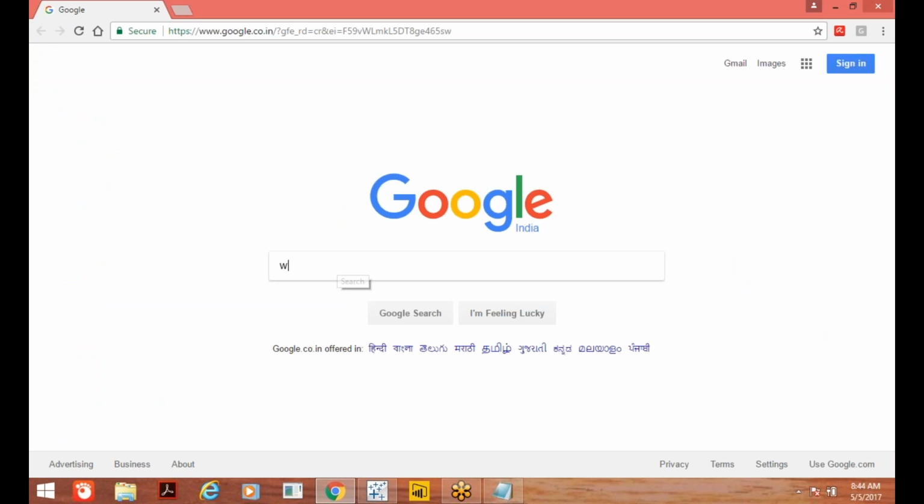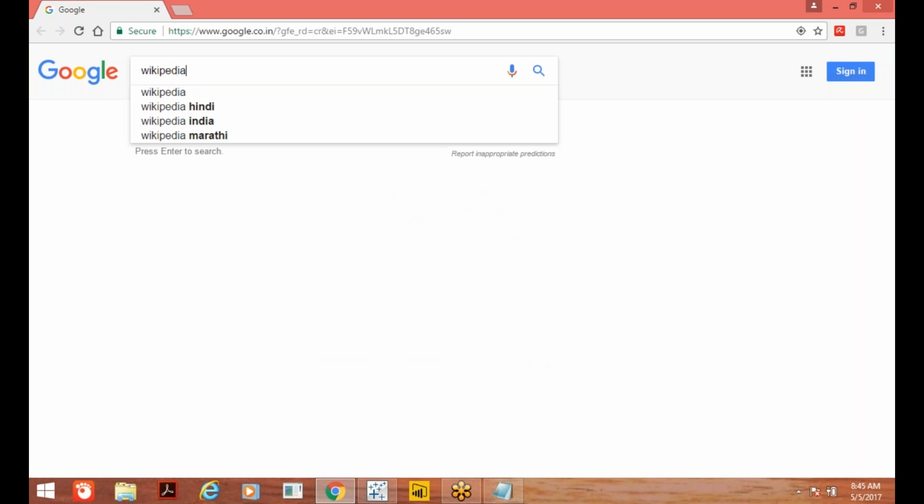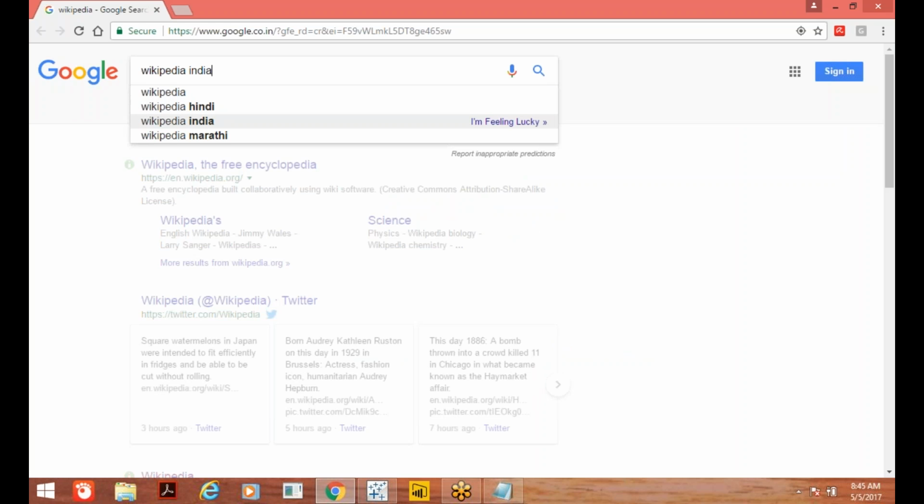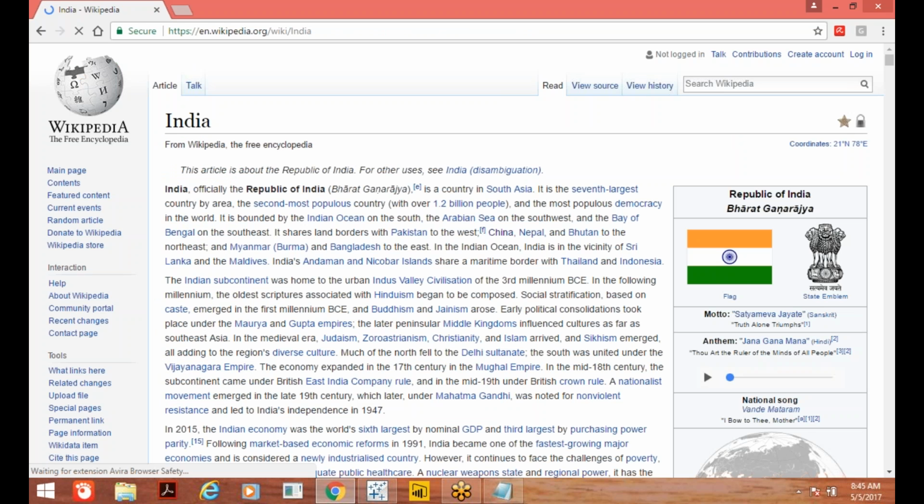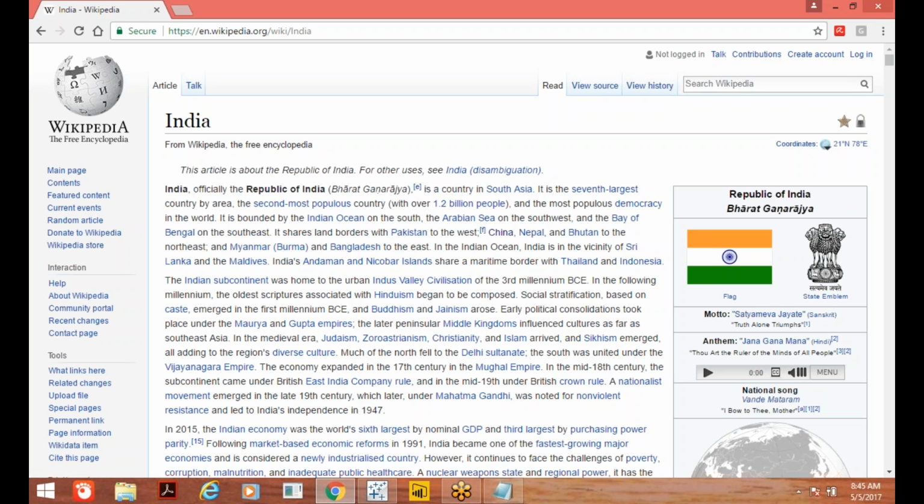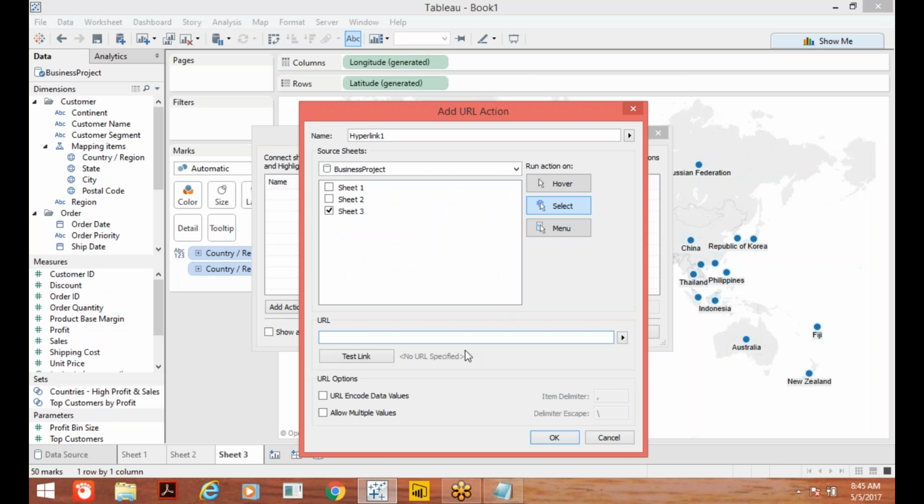Now, let us go with Wikipedia India. Suppose in my map, in my visualization, if I click on India, I want to open this website and this web page only. For that one, copy this URL, close this thing, and now paste it here. Now see here